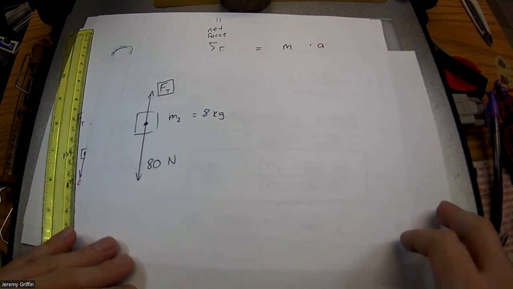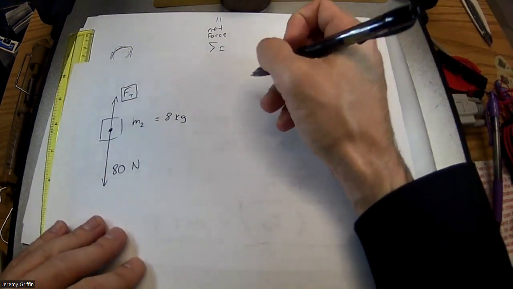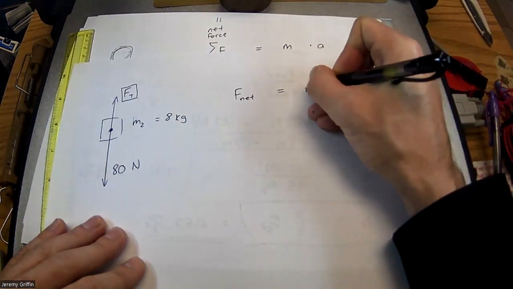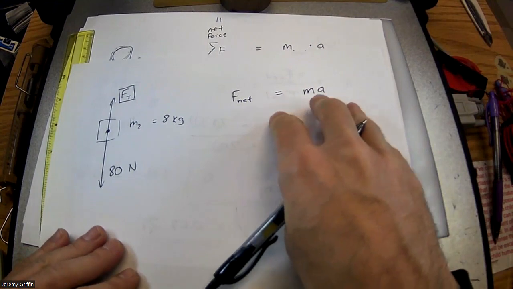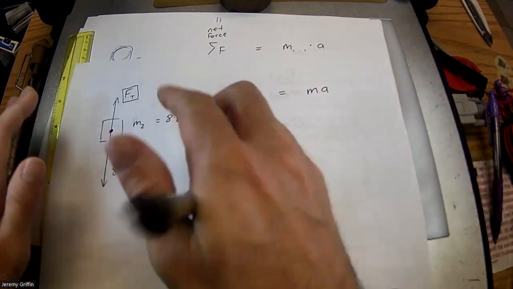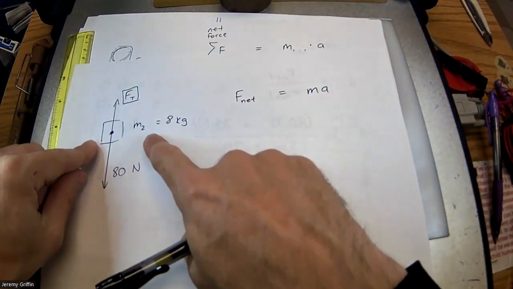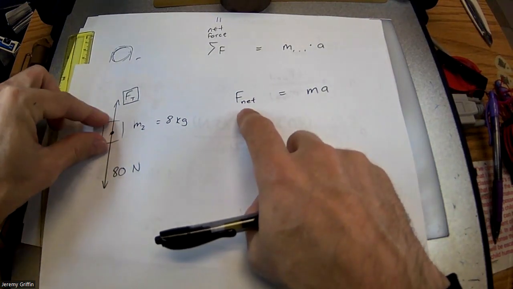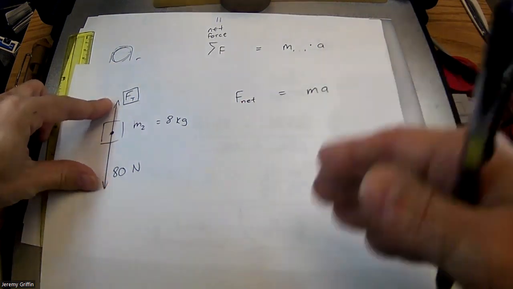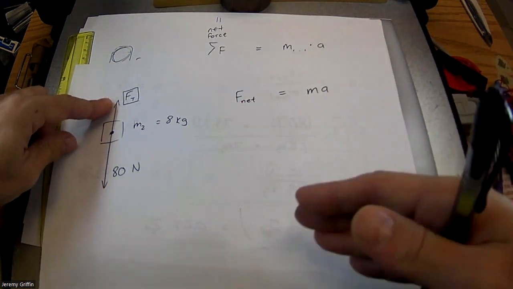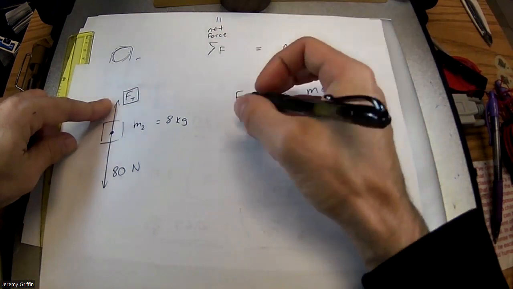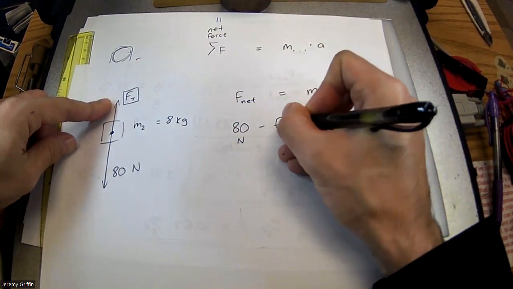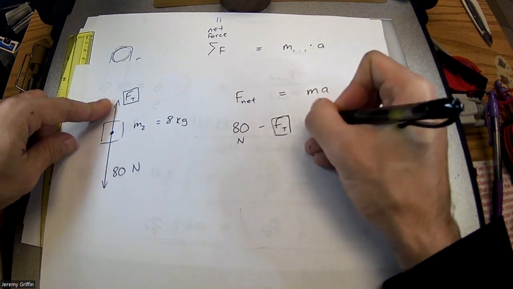Now let's kick back over to Newton's second law of motion. Net force is equal to mass times acceleration. Except we're going to play it differently. Instead of from a systems point of view, we're just honed in on one of the masses. Wouldn't the net force be the difference between these two forces? That's how we can ultimately solve for tension force, because now it's going to be in the expression. So the difference between 80 newtons acting downwards and the tension force acting upwards